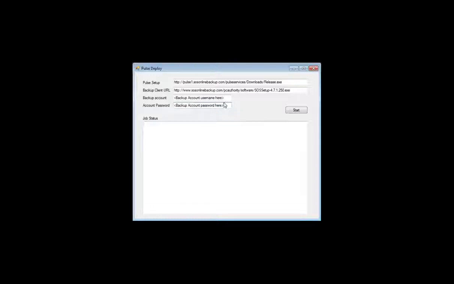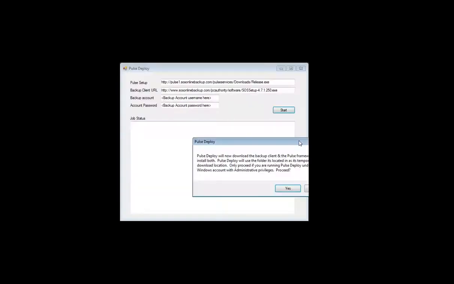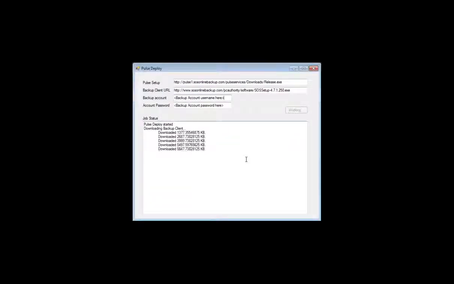map. You might have 3 different Pulse Deploy kits that you create, right? 3 different accounts, 3 kits. Now, Pulse Deploy is designed, you'll see it says it needs admin privileges. Okay. What Pulse Deploy is designed to do is to automate the entire deployment phase for the online backup